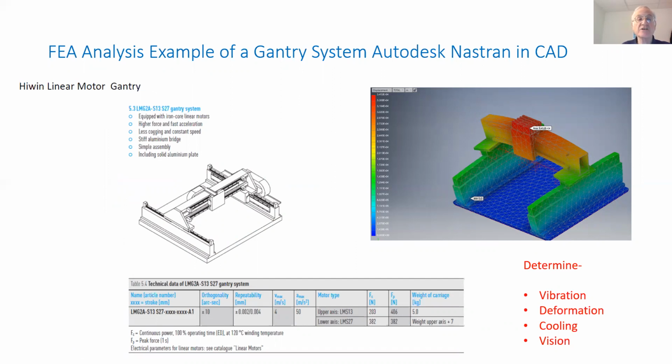Like here we have a positioning system by a high-end linear motor gantry. The linear motor may be operating at a very high frequency, and that may result in heating. We may have to design a cooling system with a fan that will have to dissipate heat. There are deformations which may require us to add vision in order to maintain static accuracy, and that analysis becomes a very integrated part of the mechatronics system.